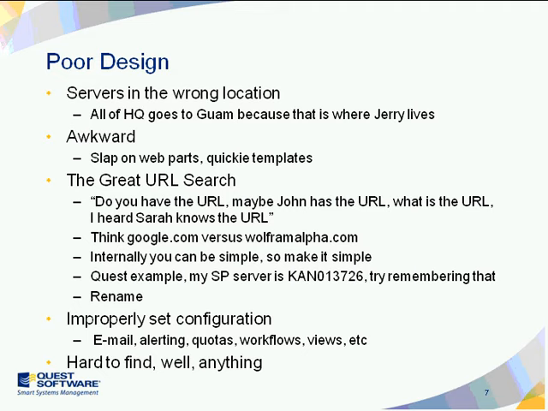So internally, you can be simple. You can name it what you want. Make it simple, and this might be something that drives innovation, because nobody can find something. For example, at Quest, my server is CAN013726. Try remembering that, and people ask, why do we call it CAN013726? Now, it's good for IT. It's an IT tag in a sense. Why don't I just call it Doug's? Doug1. That's really something that helps a lot. So rename those URLs so that people can actually find it.